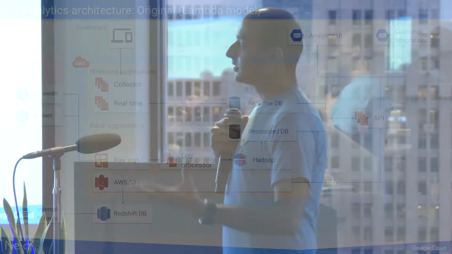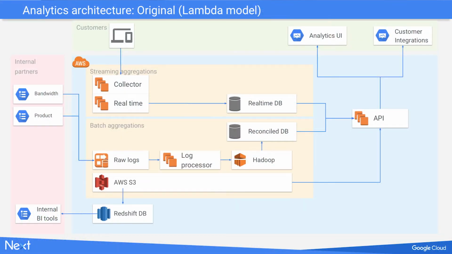So coming back to how we implemented this, in the traditional way of making this kind of system, you have a Lambda architecture. At the top you see customers giving the events via HTTP to a thing that we call the collector, which is basically an HTTP server which collects all the headers and parameters and everything that we collect into a streaming aggregation, which Bryn talked about earlier, and stores them into a real-time database. This part is lossy, as is the Lambda architecture.